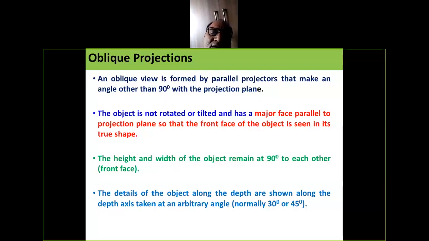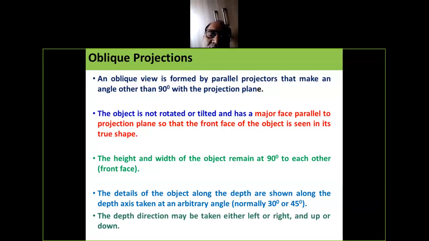Next, the height and width of the object remain at 90 degrees to each other, and the details of the object along the depth are shown along the depth axis, taken at an arbitrary angle.